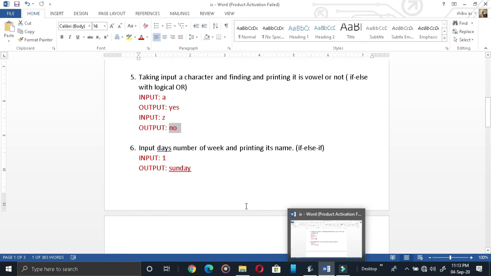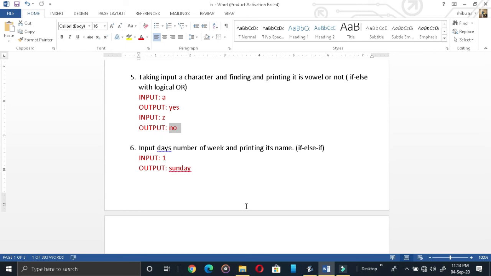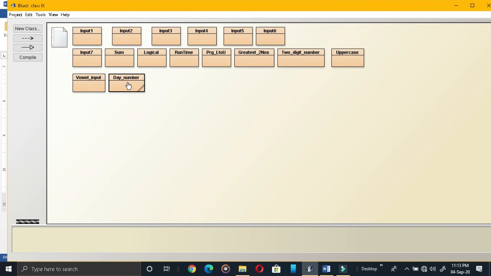See, from here onwards, children, you need to write all the programs compulsorily in your notebook. In your copy you need to write all the programs: the question, program, input and output. It's a must.